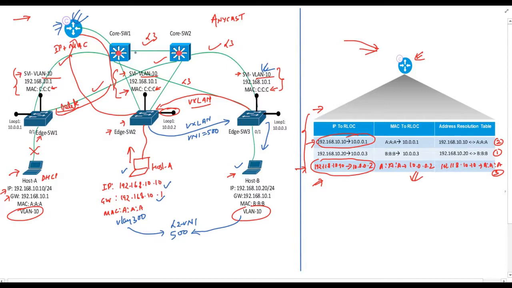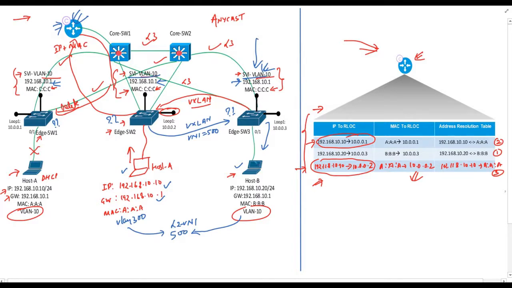Correct? One more thing to note here is that we have multiple switched virtual interfaces with the same IP address and the same MAC address. So what happens if we ping this IP address, the IP address on this switched virtual interface? Interesting, right? Which of the three switches will reply to the ping request? And the answer is no one. None of the switches will reply, as this IP address is not advertised in any routing protocol and is local to the switch. And still, we can differentiate this IP address on the basis of remote location, right?